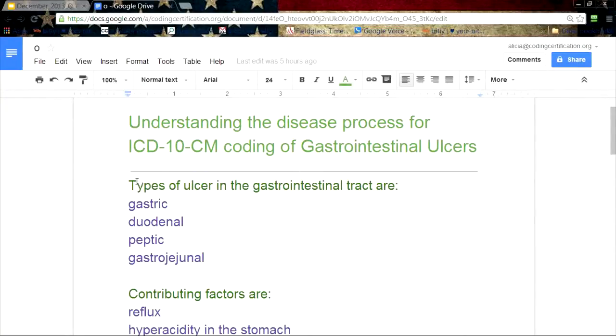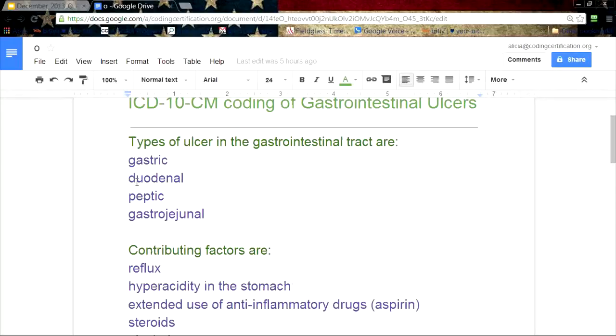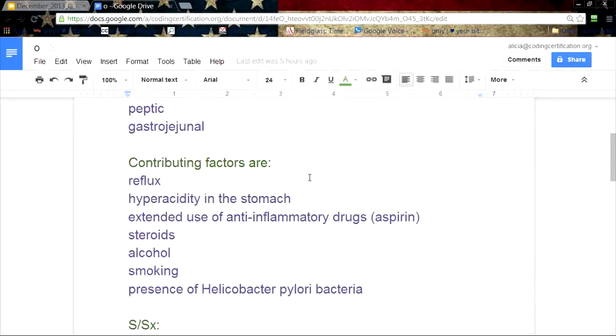learn from. The first thing is with gastrointestinal ulcers, you would need to know the type of gastrointestinal ulcer. So we have gastric, duodenal, peptic, and gastrojejunal. These are the 4 types of gastrointestinal ulcers. Now, the next thing when understanding the disease process, you're going to need to know contributing factors, because when you're coding,